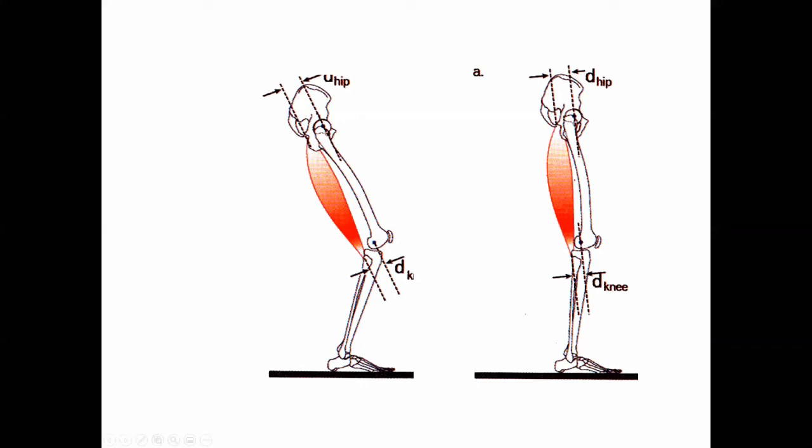Gastrocnemius is also biarticular muscle. It is mirror image of hamstring. Hamstring runs from upper end of tibia to pelvis. Gastrocnemius runs from lower end of femur to the calcaneum. Right? It is mirror image of hamstring. So whenever knee is flexed, the origin of the gastrocnemius goes further apart from center of rotation of the knee. So lever arm for gastrocnemius for the knee joint increases. So gastrocnemius finds it more beneficial to work on the knee and causes further knee flexion.